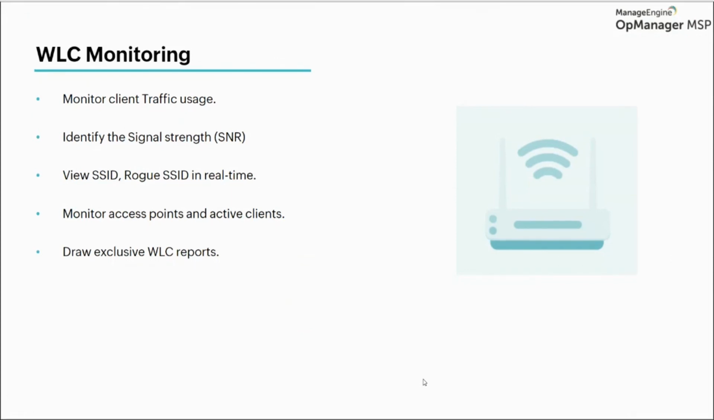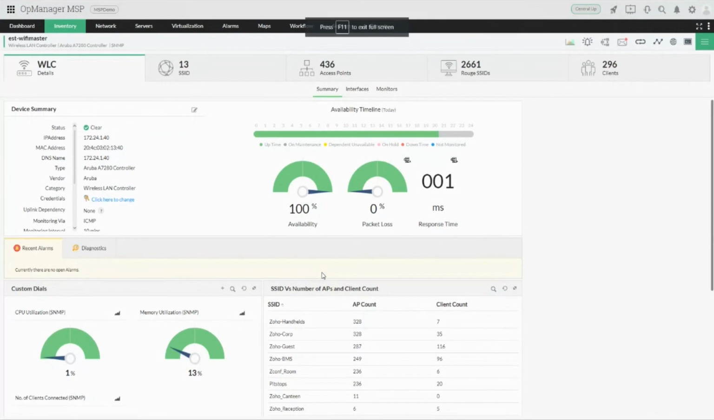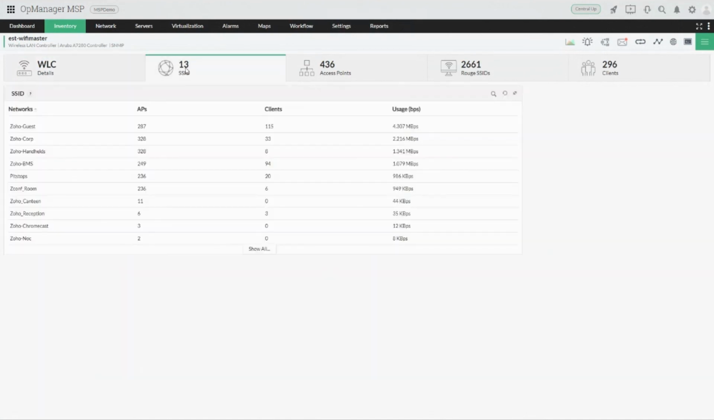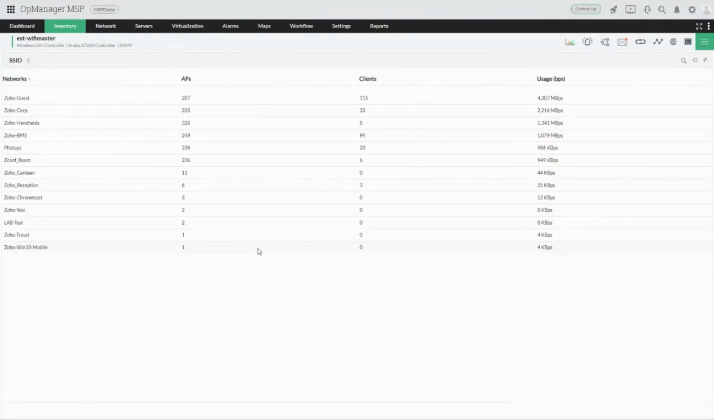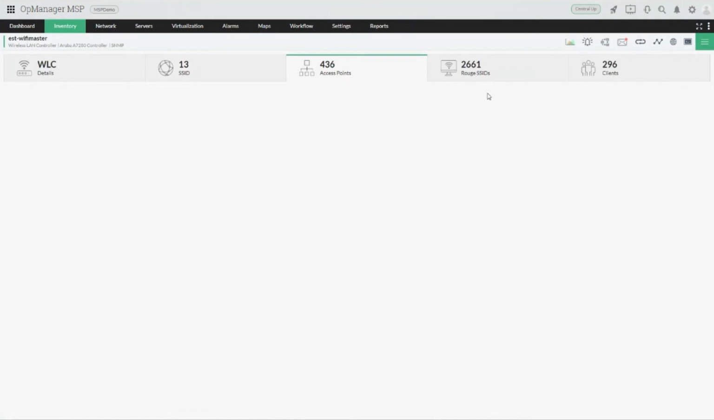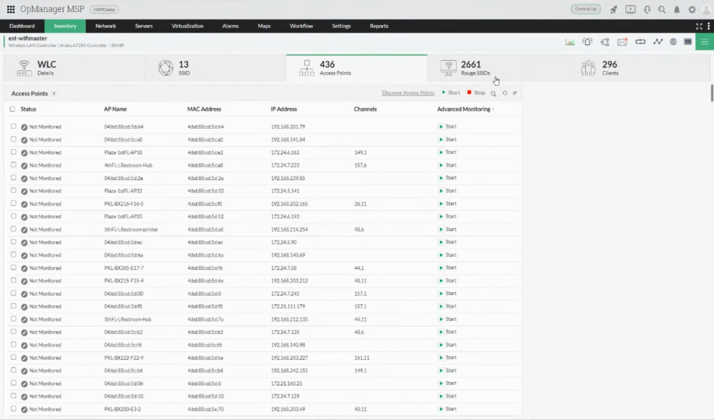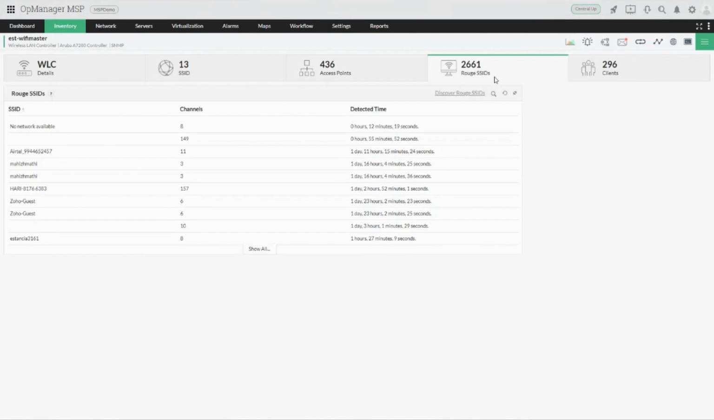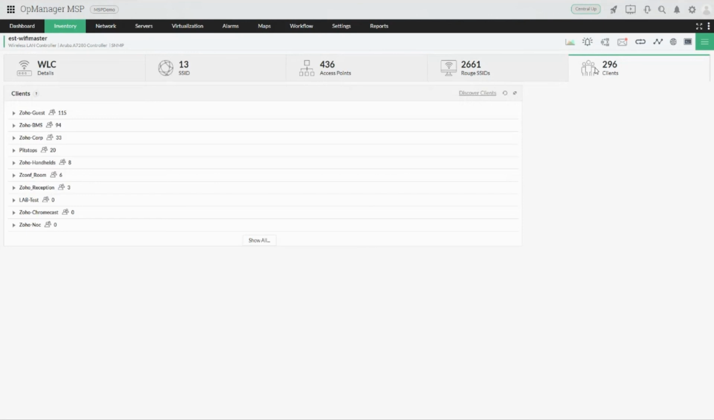So now let me show you a brief understanding of how it looks when you add your WLC to OpManager MSP. Once you add your WLC, OpManager is going to automatically discover all the SSIDs associated with this WLC, with detailed information of the total number of SSIDs, the access points associated with them, the clients which are connected to them, and what the traffic usage is. And likewise, you can monitor the access points individually and get more data from them. And you will have a detailed understanding of the rogue SSIDs in your environment, and the total number of clients